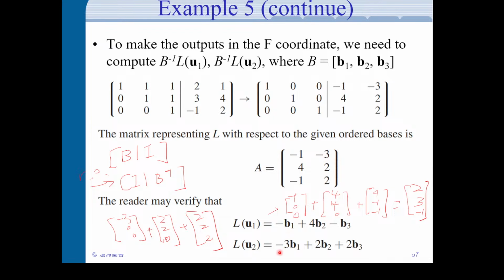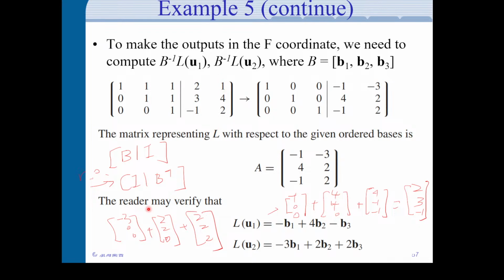Okay, so this minus 3 on B1 and 2 on B2 and 2 on B3. And I guess here we have done some calculation. Okay, so this is B1, B2, B3. So we have minus 3 on B1 equal to this thing, and 2 on B2 equal to this thing, and 2 on B3 equal to this thing, and we add together,